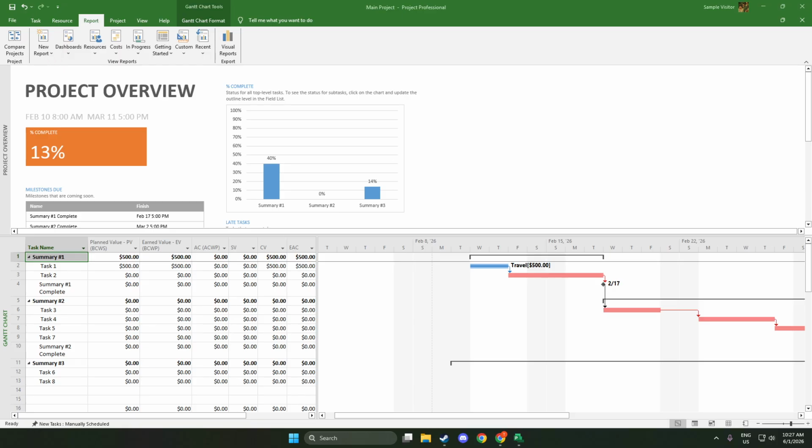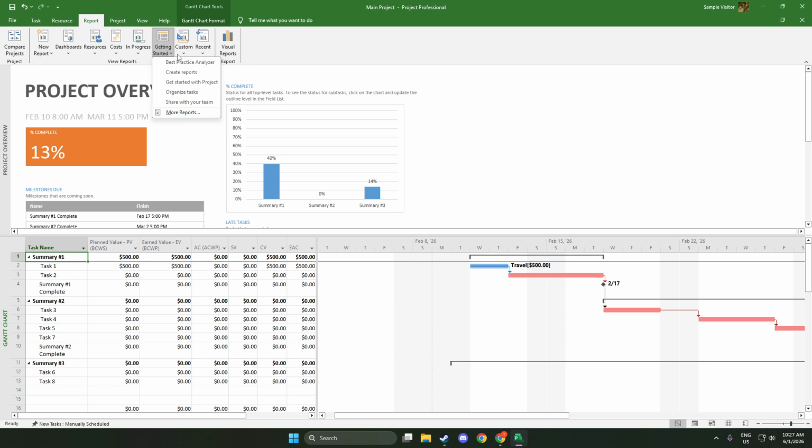Project Overview gives you a high-level snapshot, perfect for status updates, including key milestones, task progress, and any late or upcoming work. Cost Overview focuses on planned versus actual spending, helping you quickly spot variances that may need attention. Work Overview centers on effort and assignments, making it easy to see how much work is completed, remaining, or slipping. Earned Value brings in performance indicators such as schedule and cost efficiency, ideal for more advanced tracking and executive updates.